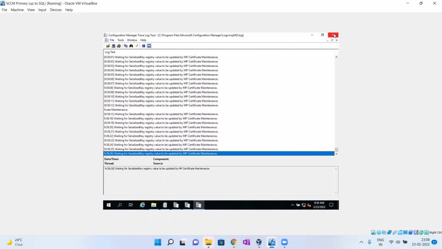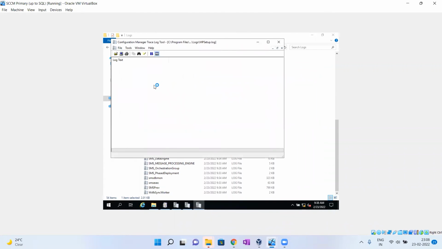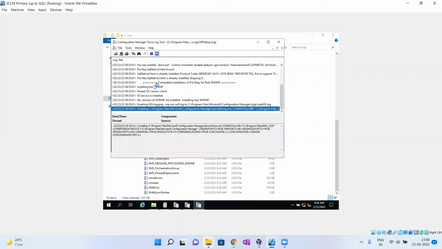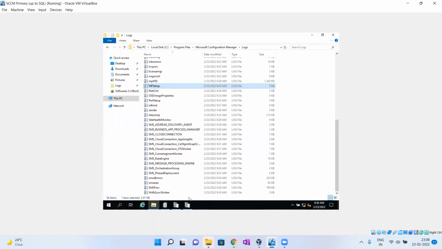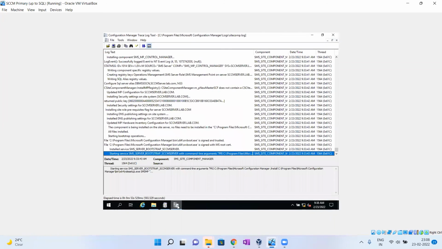Let's wait. MP setup we can also monitor. Now it is still installing MPMSI.